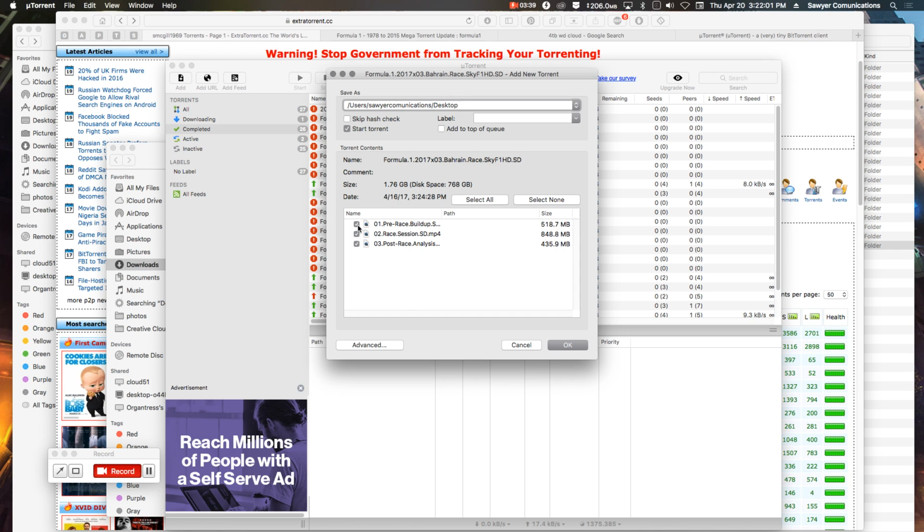For time's sake, if I just want to see it quickly, I'll select just the race session and the post-race analysis. You can download the whole thing, you can download one, you can download it however you want to. But just for time's sake, let's say we just want the race session itself and then the post-race. We click OK,